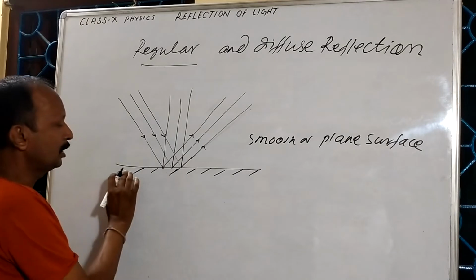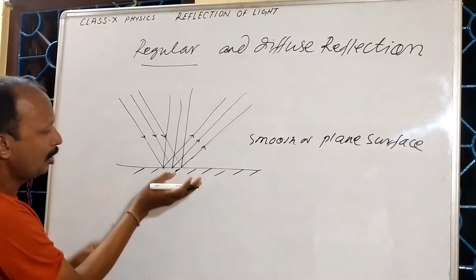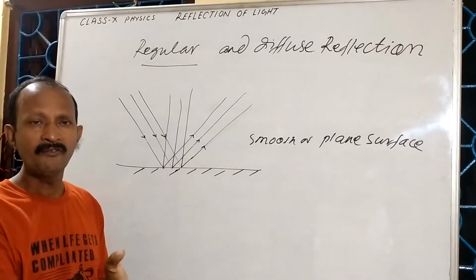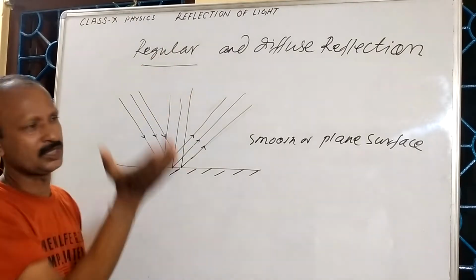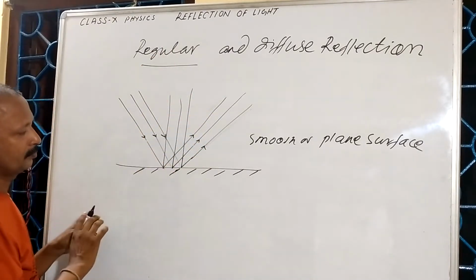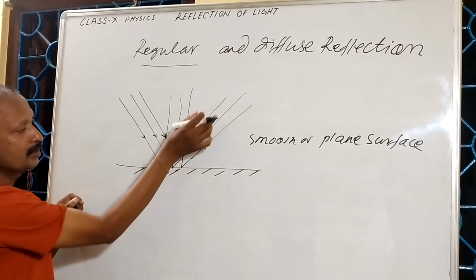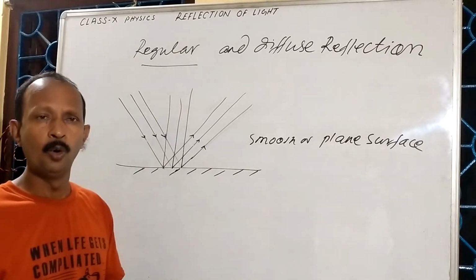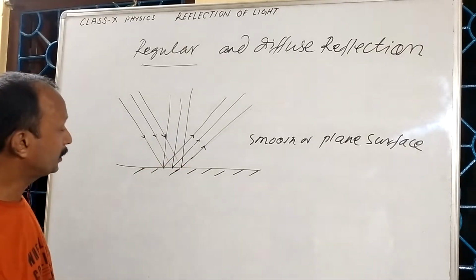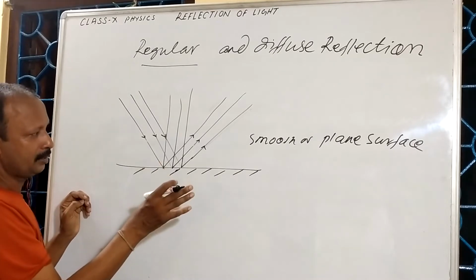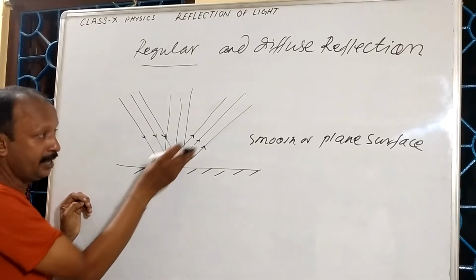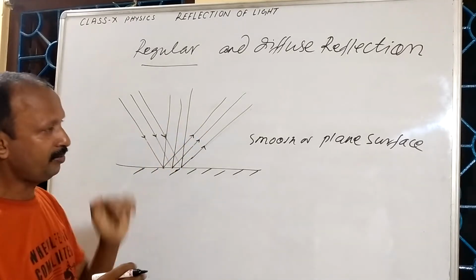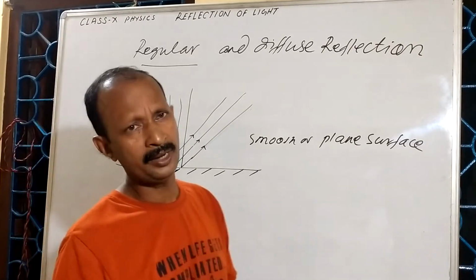Because here every point on the surface of the plane mirror is facing in one direction. That's why how they are coming, they are also going like that. Means angle of incidence and angle of reflection both are equal. And due to the plane mirror, the parallel rays are also reflecting in parallel. That means here incident rays are parallel, reflected rays are also parallel. Parallel rays of light